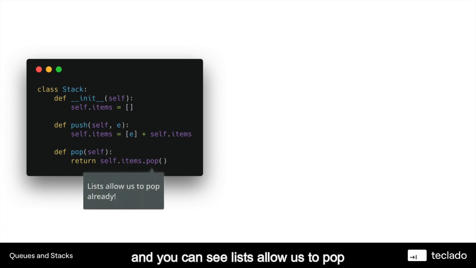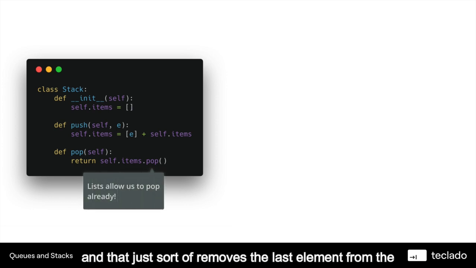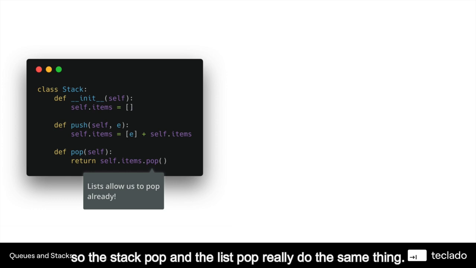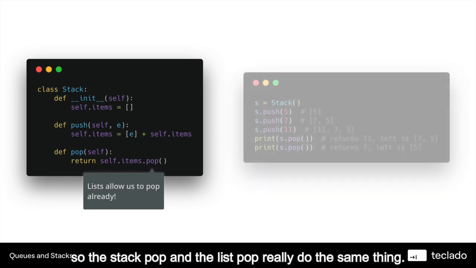And as you can see, lists allow us to pop. And that just removes the last element from the list and gives it back to you. So the stack pop and the list pop really do the same thing. And again,